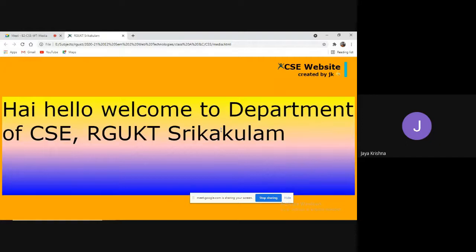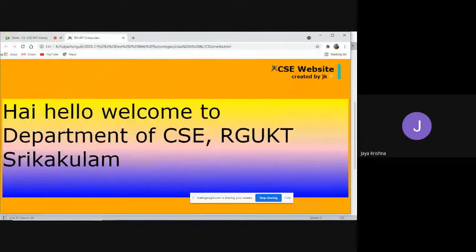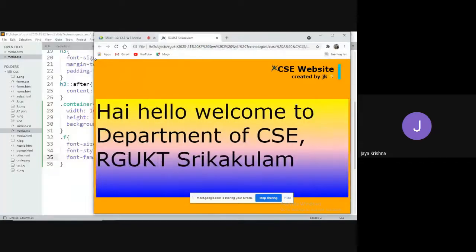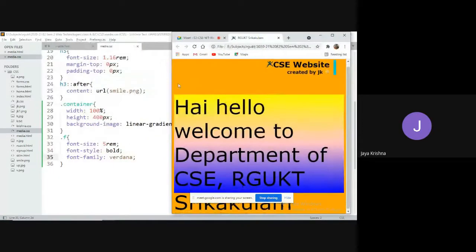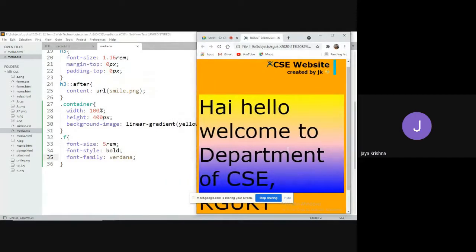Now observe, guys, I'm going to minimize this. So now it looks good. If my media.html file is open on a normal laptop, it will be good. But if I open it in portrait mode, like a normal mobile, where the width of the web page is less than the height of the screen, then this will be overflown, or not? Yes. Now it doesn't look good.